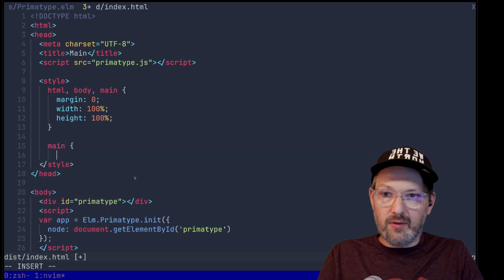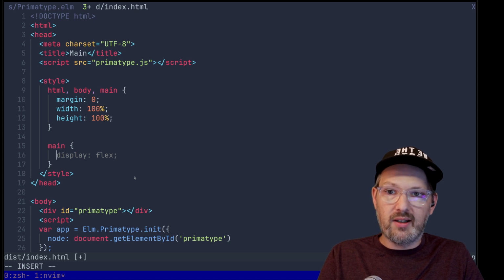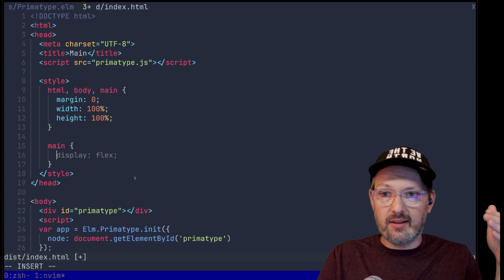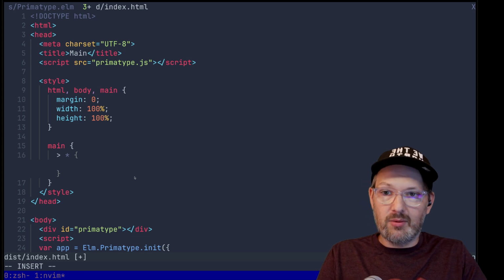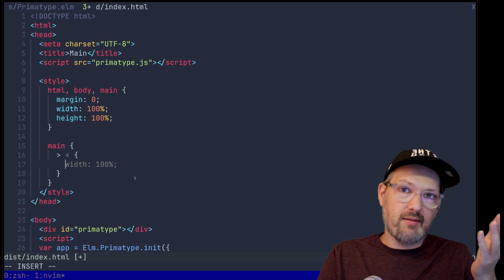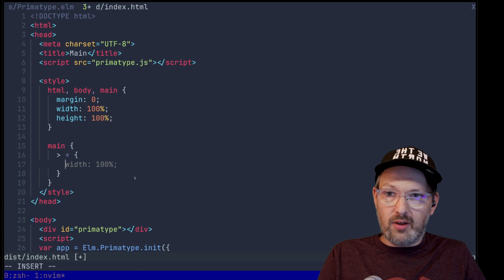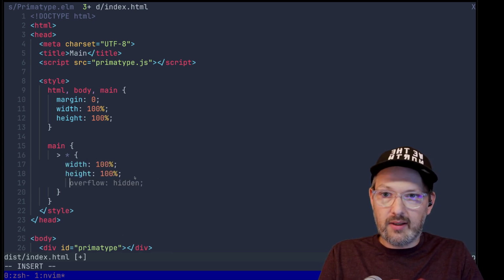I like using a CSS feature that became standard recently or is widely supported, which means that I can nest the elements or the children directly in my CSS, where I would otherwise have to comma separate multiple selectors or write them out in one line. Now we can actually nest this in CSS, so that's super handy because now the nesting in the CSS actually reflects the nesting in our HTML as well. So all those children should have width 100%, height 100%,